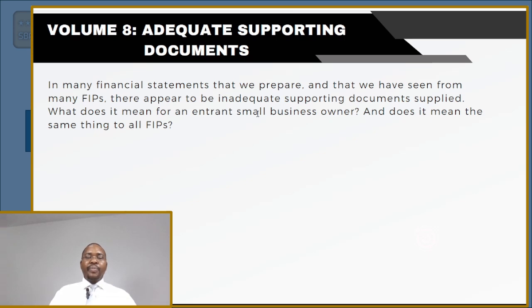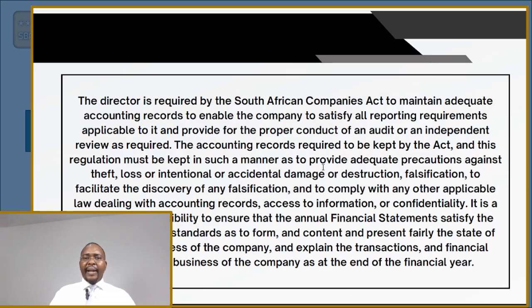Adequate supporting documents are coming from volume 5, volume 6, and volume 7, to say, if I'm in the business, what type of documents do I need to produce. So there's going to be a big file coming if you become a member of our institute, that is Small Business Practitioners of South Africa. We're going to give you a file of what you need to have,